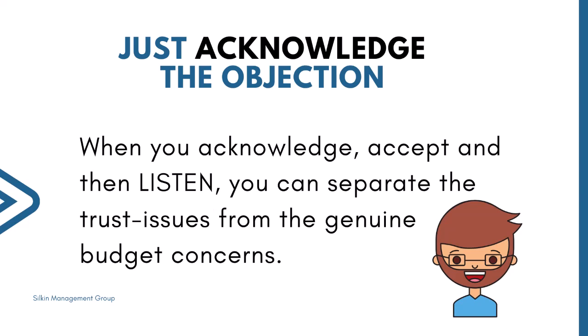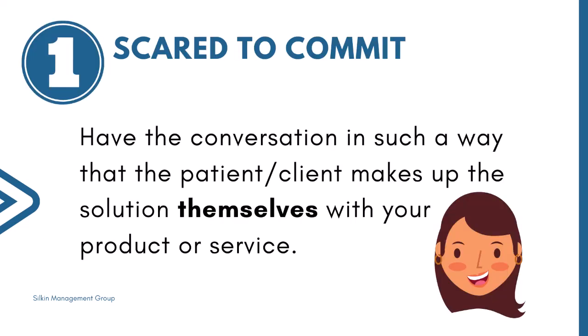See, what listening does when you've heard an objection and you simply acknowledge and accept it, without batting back, without giving your own objection to their objection or trying to just go right back into what you were saying. When you just acknowledge, accept, and then listen, you actually help your own mind to separate what kind of objection it is. Because essentially there are two types of objections.